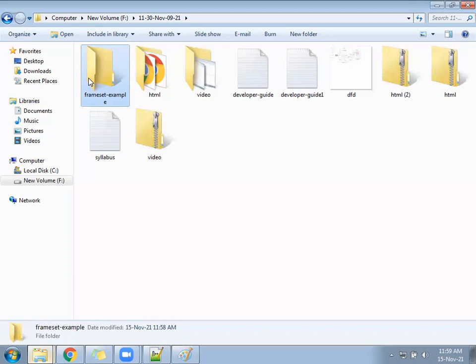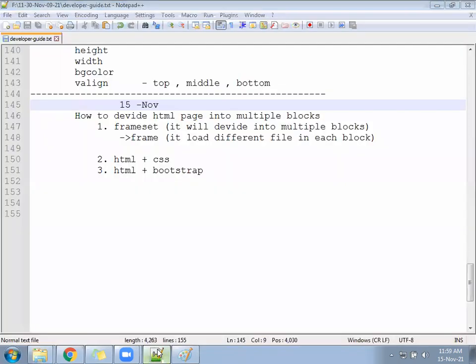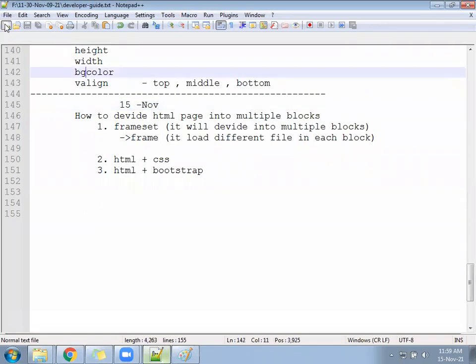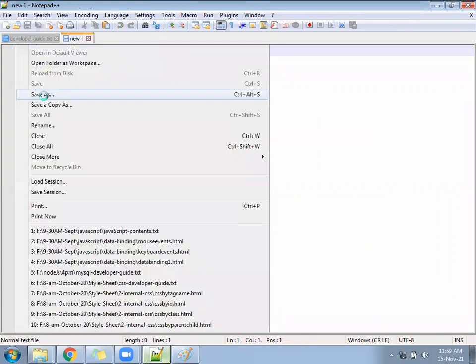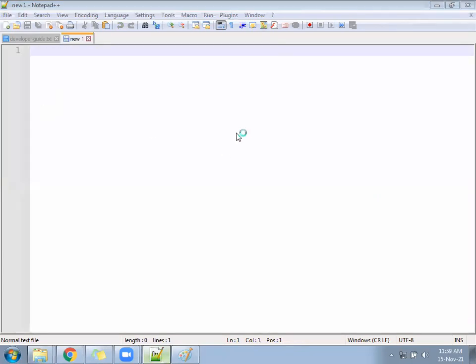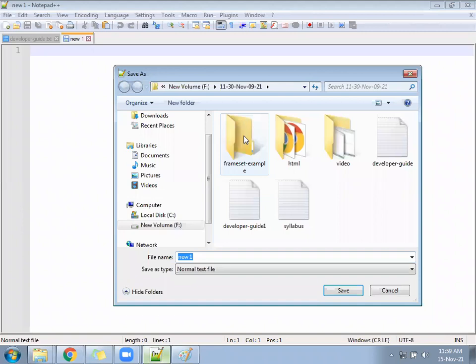Okay, so hope your frame set example folder is ready and you have Notepad++. Open that, and through that create a new file. Under which folder? Under the frame set example folder.